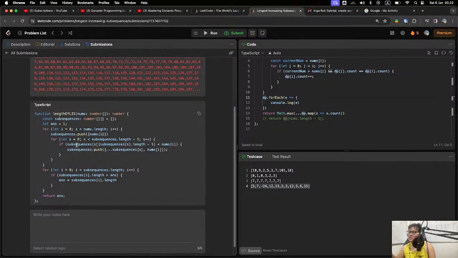I try to take note of each possible subsequence every time we move to a new element.